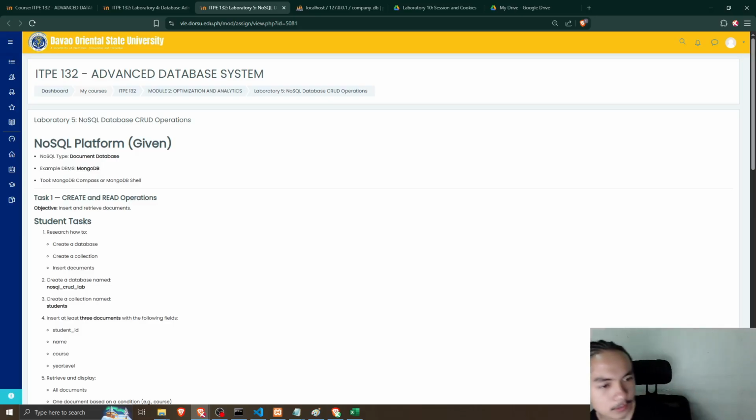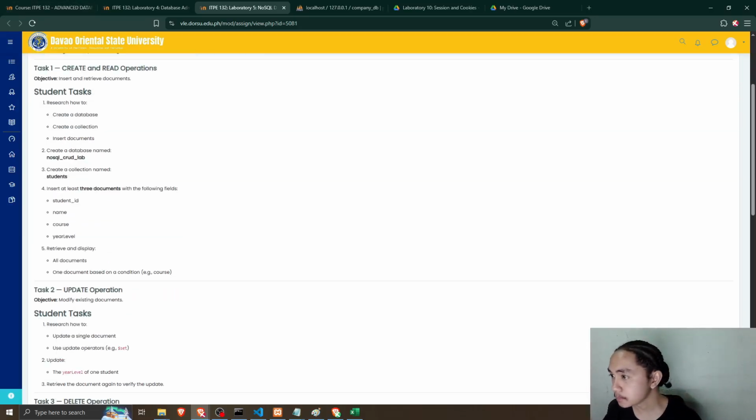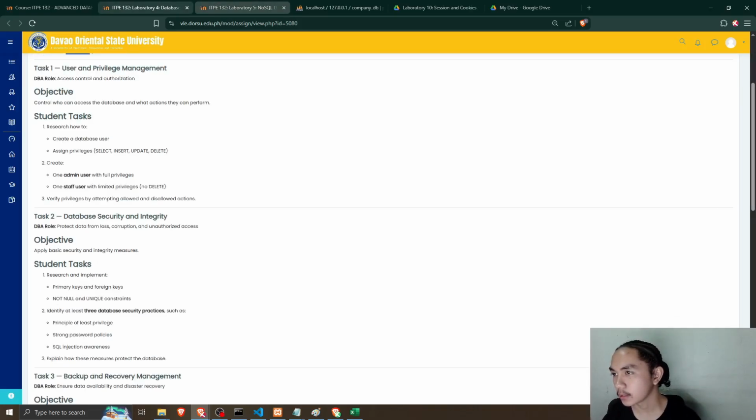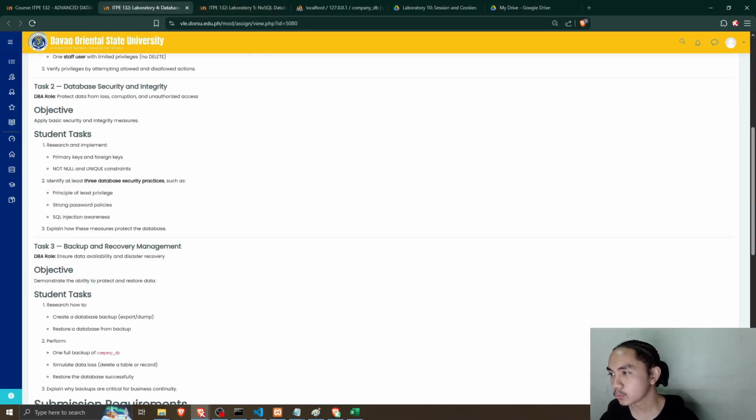Okay, so let's proceed to task 2. So protect data from loss, research and implement primary keys and foreign keys, not null and unique constraints, identify at least 3 database security practices, principle of least privilege, and then explain how these measures protect the database.